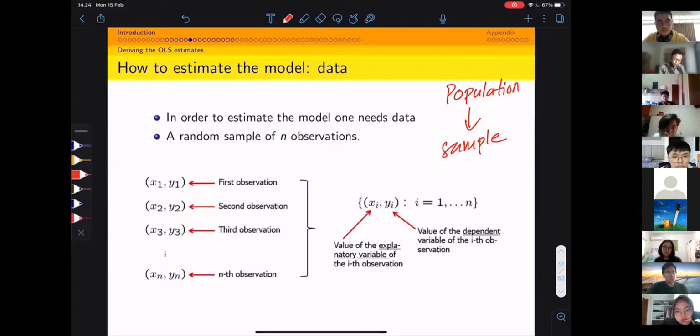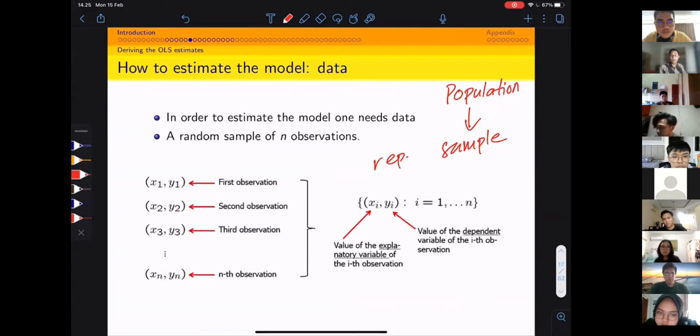Okay, so if we do so, we're going to get what's called a representative sample. If we do not get a randomly selected sample from the population, then we're going to get what's called a biased sample. Okay, so if you get a biased sample, then your estimates are going to be biased